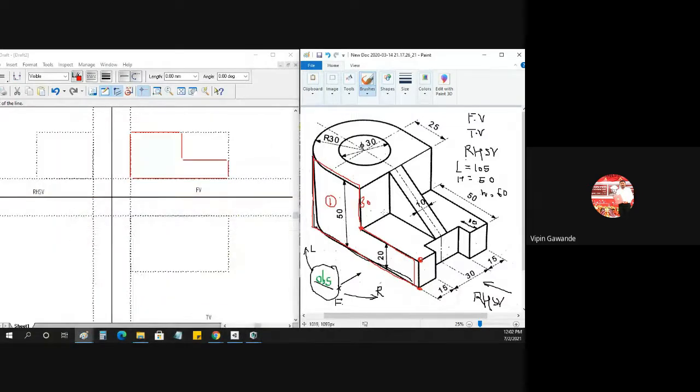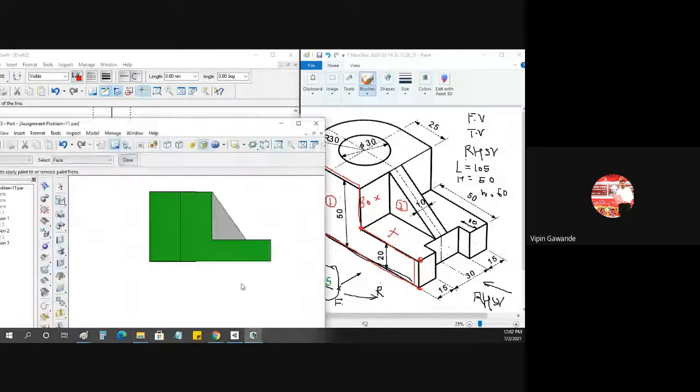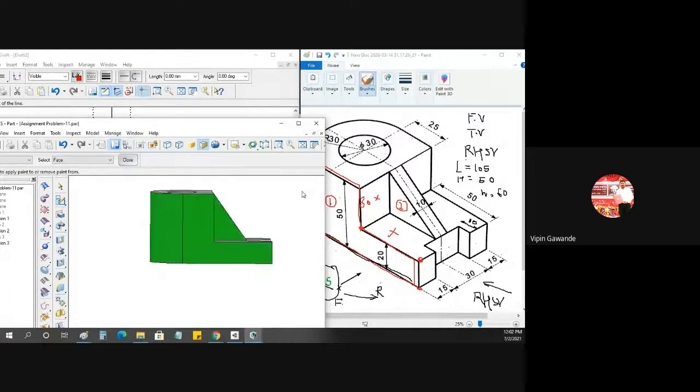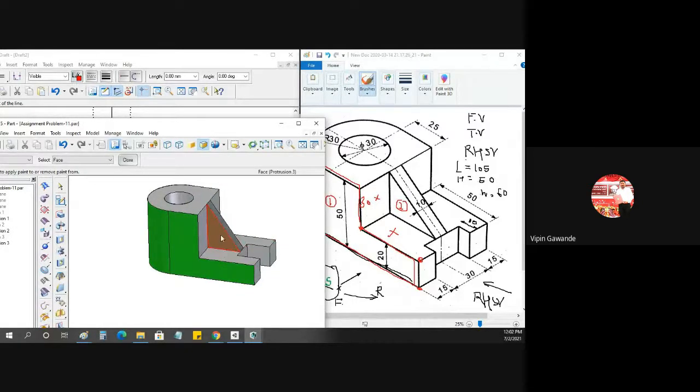Now, what is remaining then? What is the next surface that is visible? This surface is not visible because this is a horizontal surface. This is also not visible. So what is the next vertical surface? This is the triangle. This is the vertical surface that is visible to the observer. If you see in 3 dimensional also, this triangle is visible to the observer, because that is a vertical surface. This surface is horizontal, this surface is inclined. This is not visible to the observer.